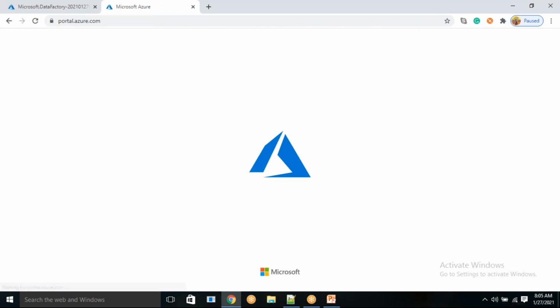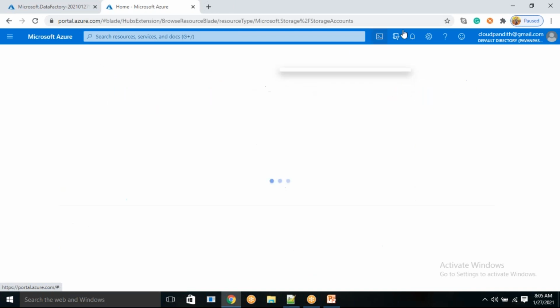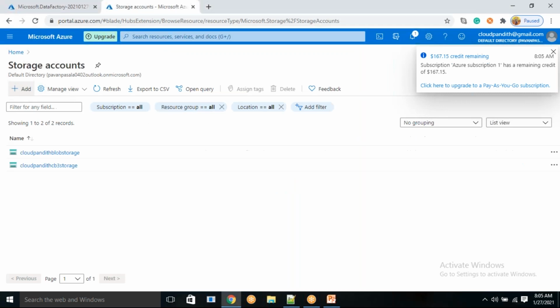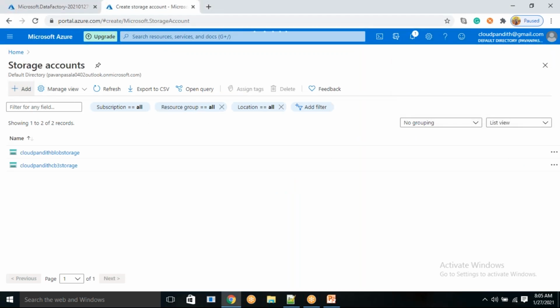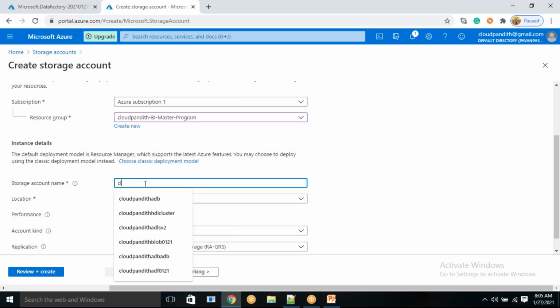Meanwhile, let me go to the portal again and create data lake storage. Oh, sorry, blob storage, I will create. Click on storage account. Click add to create the storage account. Resource group is this. Storage account name, you can give any name, right?